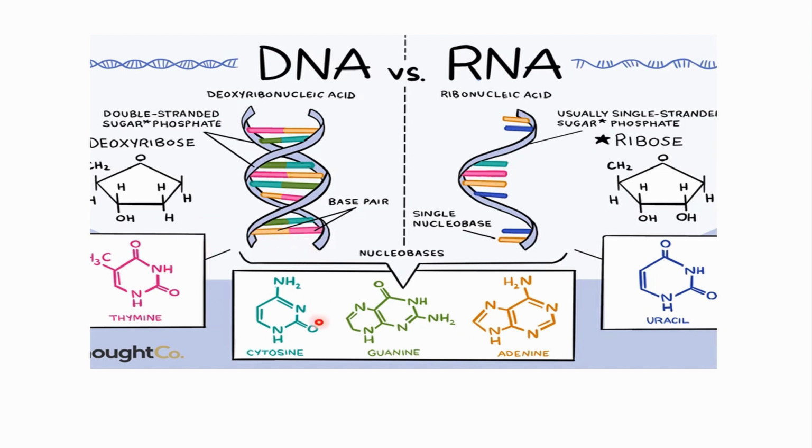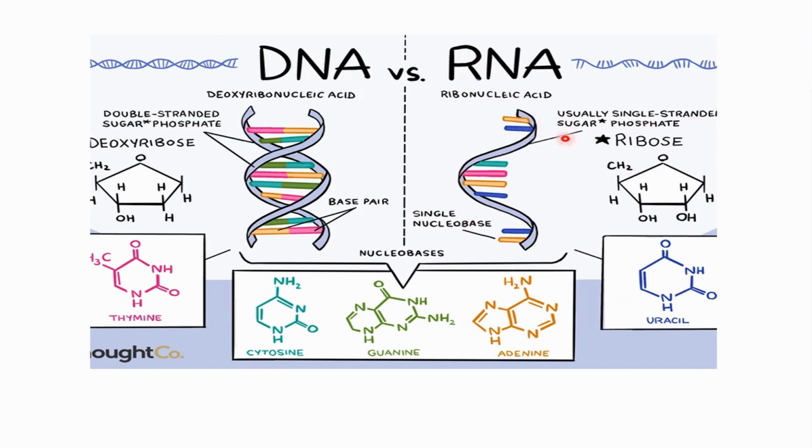I would like to focus on the pairs. Why do we call them base pairs? Because we have four bases for DNA: cytosine, guanine, adenine and thymine. They make two pairs: adenine will always pair with thymine, and cytosine will always pair with guanine in DNA. In RNA also cytosine pairs with guanine, but instead of thymine we have uracil. So adenine will pair with uracil, not thymine. If adenine pairs with thymine, then it is DNA. If adenine pairs with uracil, then it is RNA, with a single strand.